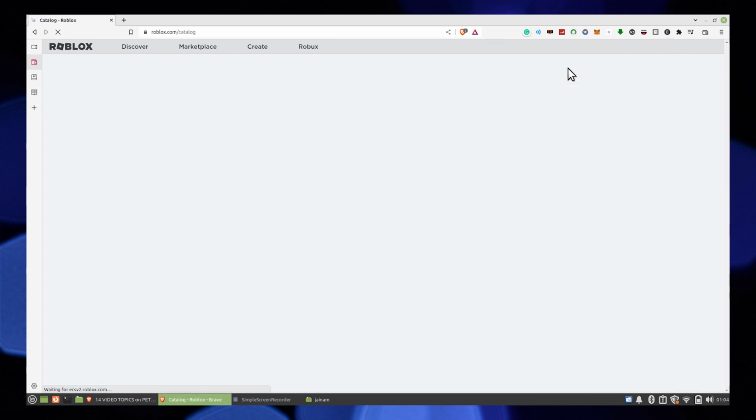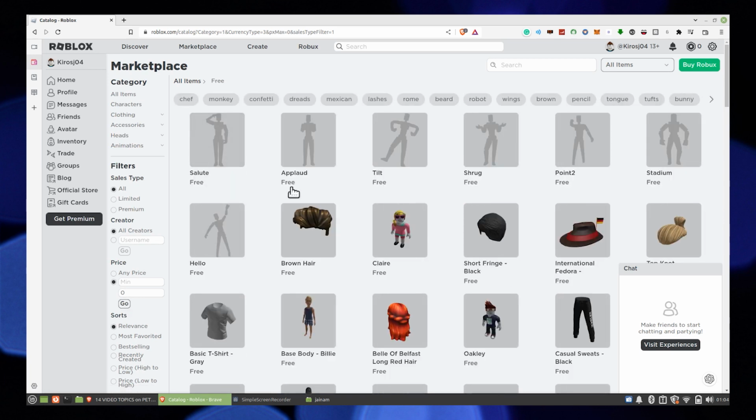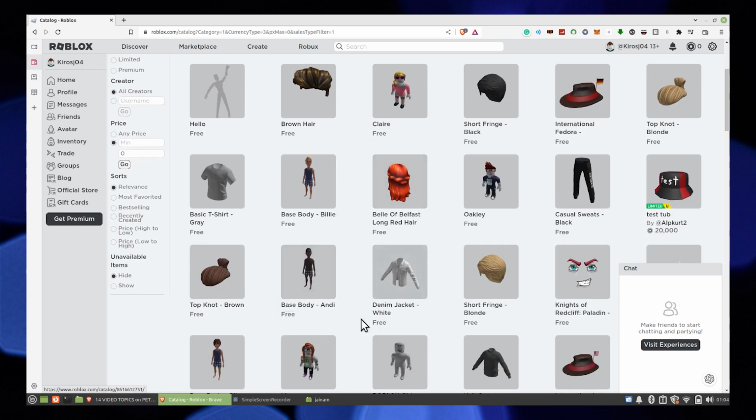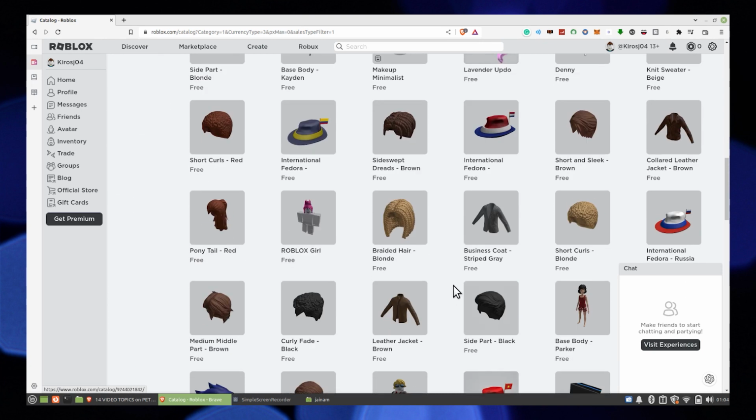Now click on the Get More button. These are some additional items which you need to buy in order to use them. If you go to Price under Filters and set it as 0, here you'll find some extra free items which you get for your account. Scroll down and you will have a long list of these free items. Just click on any of